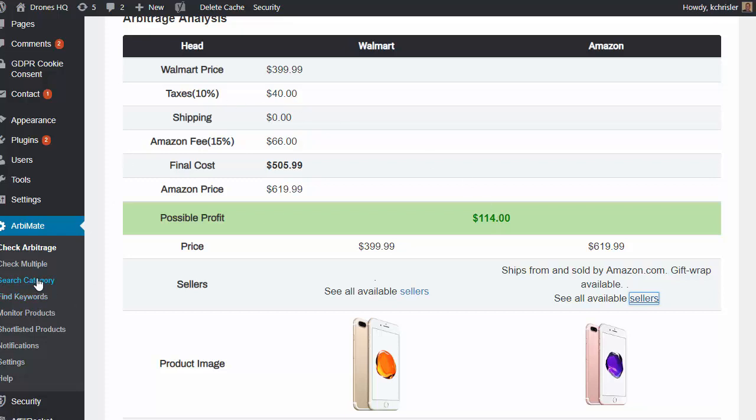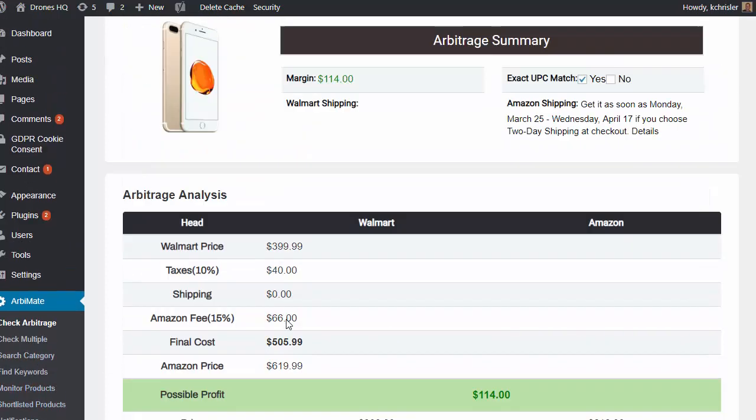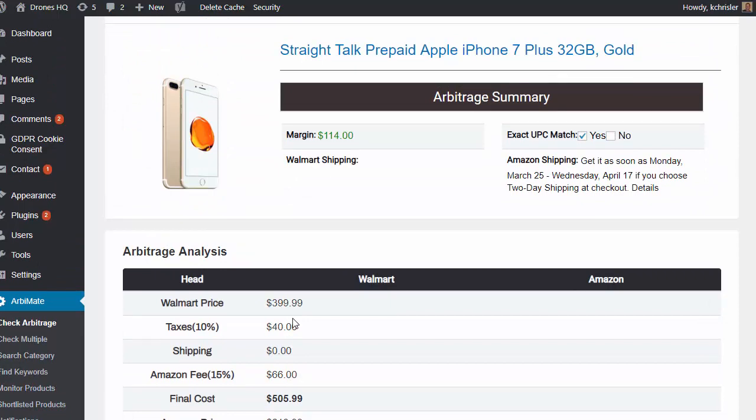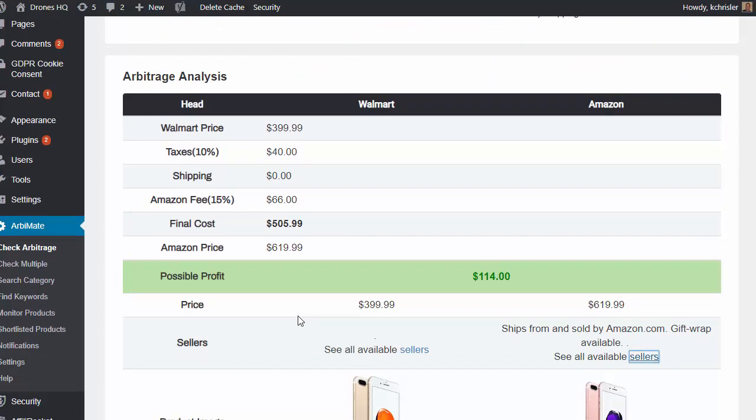Again, you can search multiple categories. There are hundreds of thousands of products available. Competition-wise, there are just so many products. It's a great business model to be in because you're not fighting over 100 different products with a bunch of people. There are hundreds of thousands of products out there to search through, so there's plenty to go around. I can monitor products, shortlist products, and search different categories to find even more profitable arbitrage items. It's really a great model to get started with e-com without having to buy inventory or run any ads. You don't even need a website. You really don't need anything at all to get started.